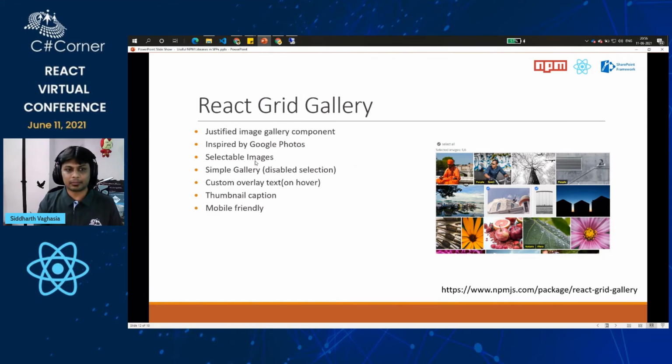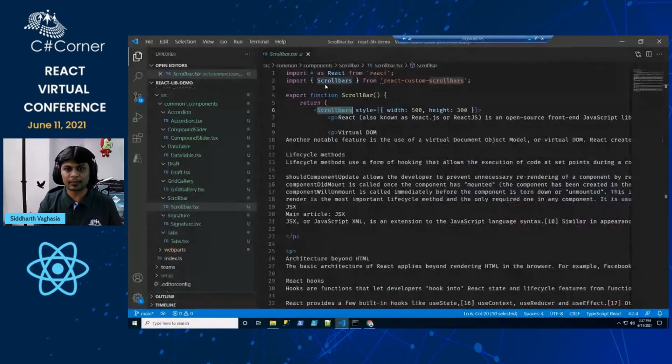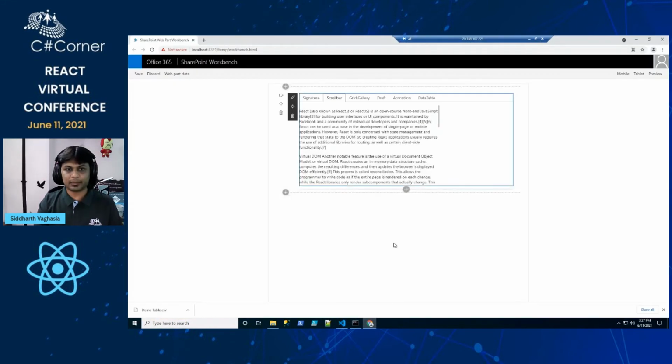And again, if we go to the documentation, I have mentioned the URL here. To save us time, I will not go through the documentation, but if you know that something similar exists, you can always go and Google it, and you can see how you can customize it, right? Let's see a quick demo.